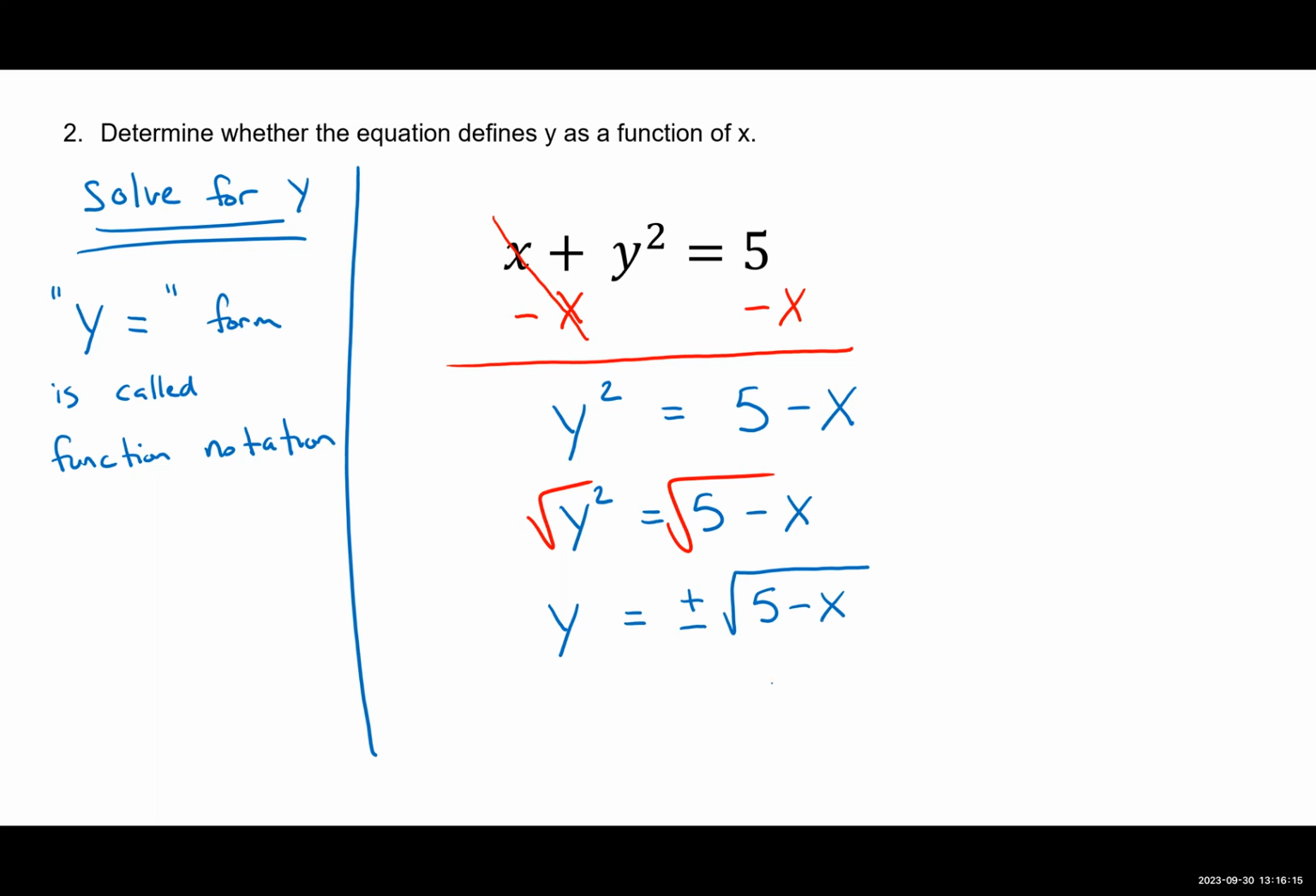So this is a problem. If we plug in one number for x, let's evaluate this. Let's say x equals 4. What is the y value? So we're trying to figure out the point, 4 comma something. What is the y value? Well, if x is equal to 4,